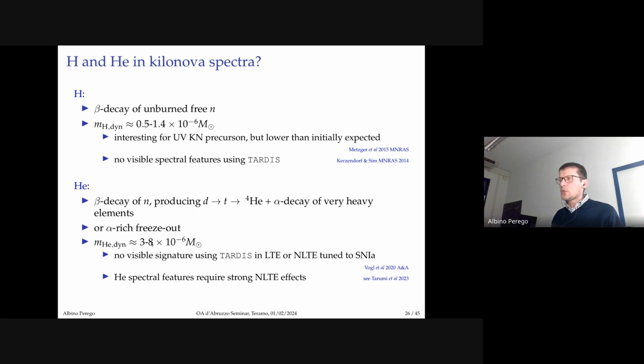unless there are non-LTE effects which we're not able to take into account. I just want you to notice that, 2 years after our paper, there was a paper from a Japanese group that claimed that they were able to explain the same feature with helium. So they say that our intuition about the possible ambiguity was actually plausible. And if they make the calculation with full non-LTE transfer, they are able to. I checked yesterday, and the paper is still on arXiv. It has not been published yet. But I think it's a very interesting